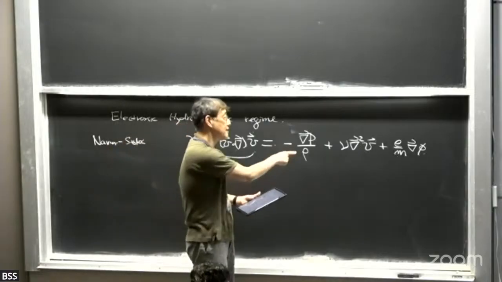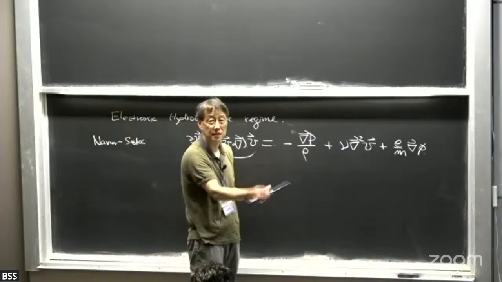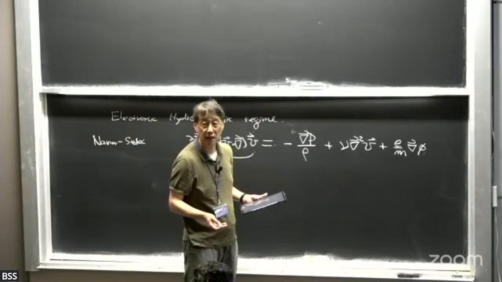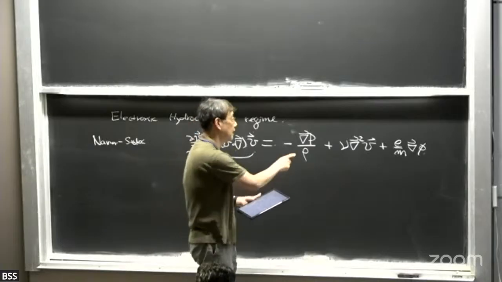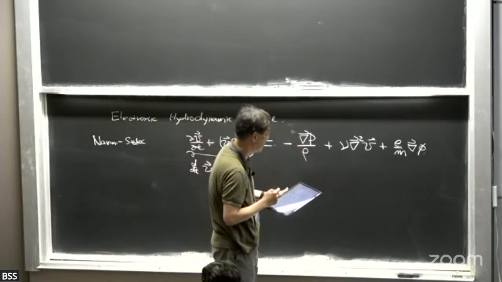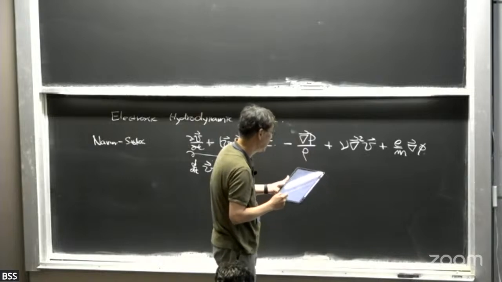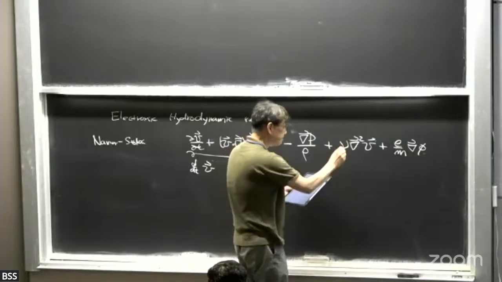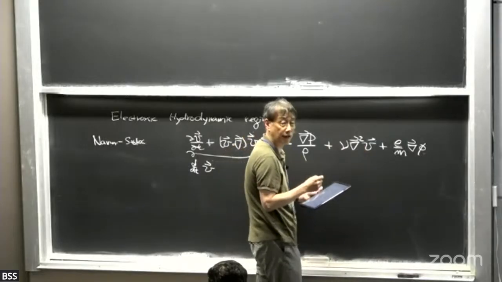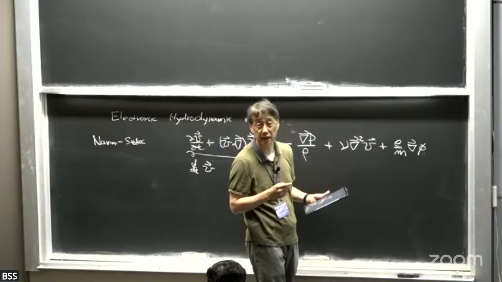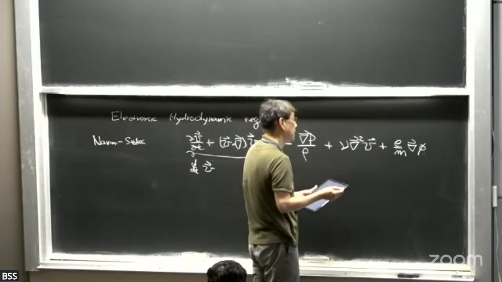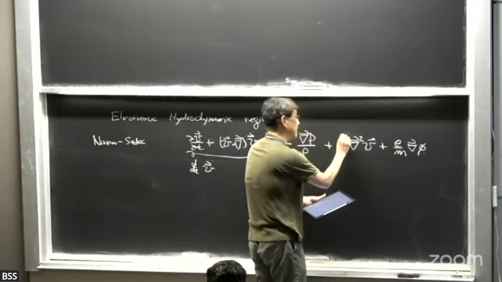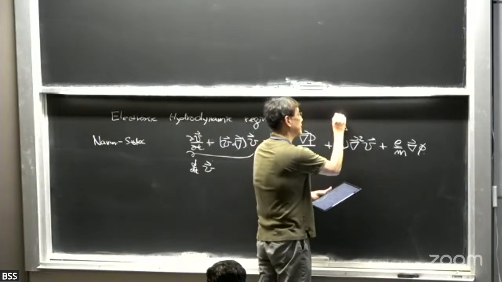In most cases, the pressure term, especially for a degenerate electron gas, is not necessarily important, unless you set up a huge density difference in your system, which is a little bit harder. Typically we ignore this. And the second term is the rather important term. It involves the viscosity, the viscous distribution of the momentum.